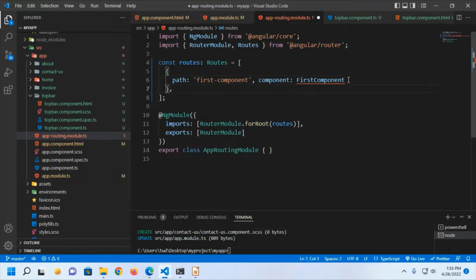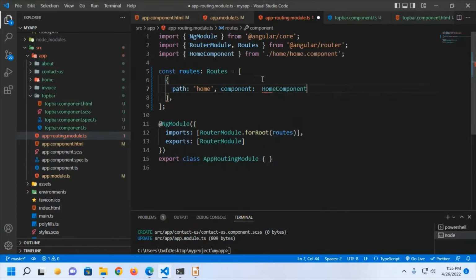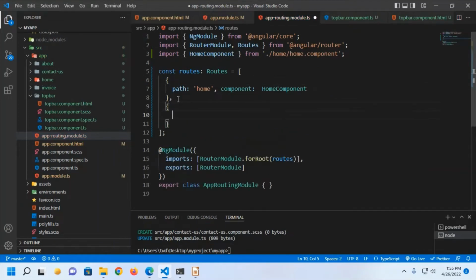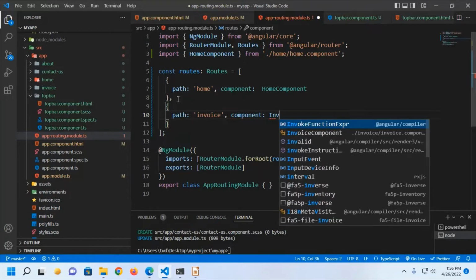This is the basic syntax for adding a route in the routing array. Okay, here I am going to add home, so we need to import the home component, and then add another route, invoice. Import the invoice component,